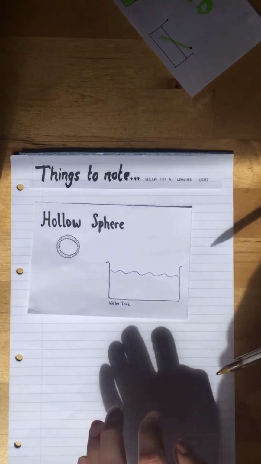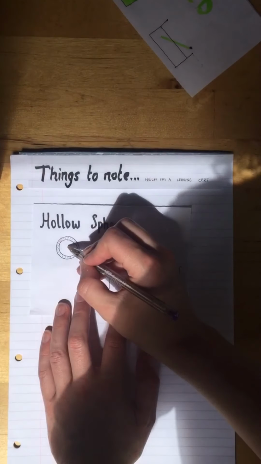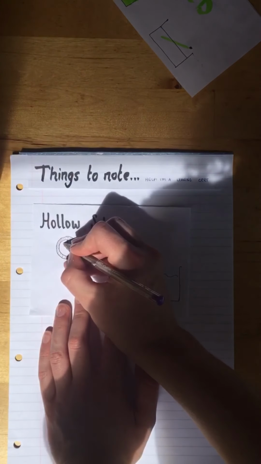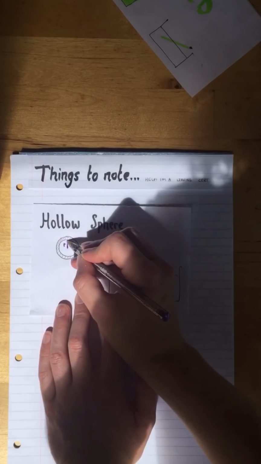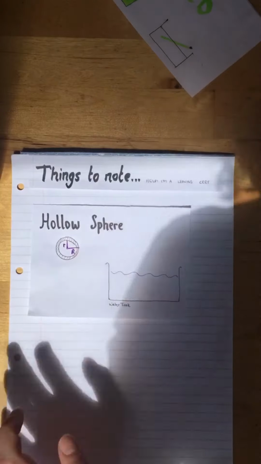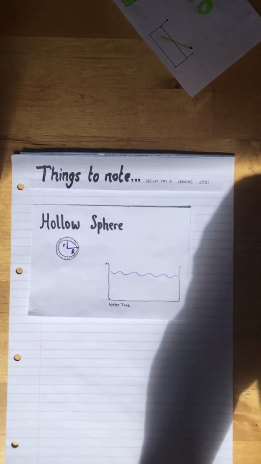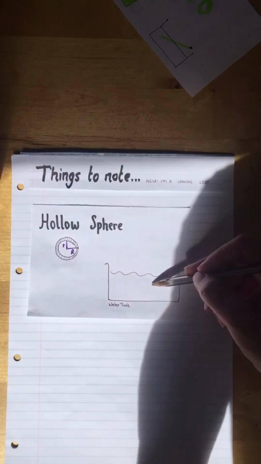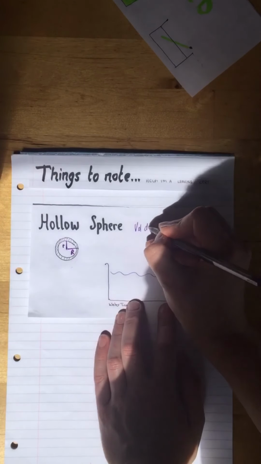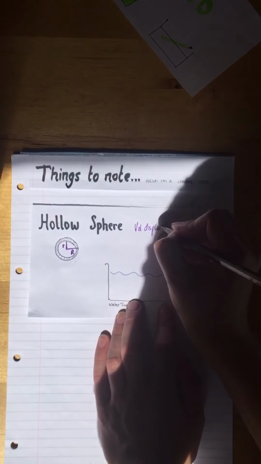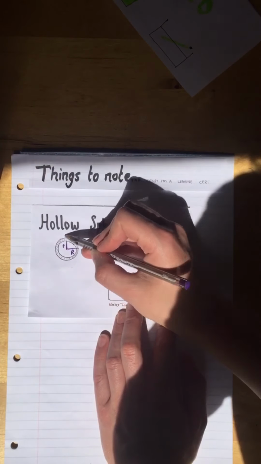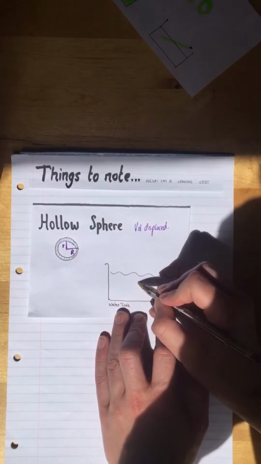So what happens is you get told that a hollow sphere has an inner radius, I'm going to call that r, and then our outer radius I'm going to call the big R. So what we need to know is that when this sphere goes into water, the volume displaced is going to be the volume of the outermost sphere, so that's the big R there. So when this goes into here,